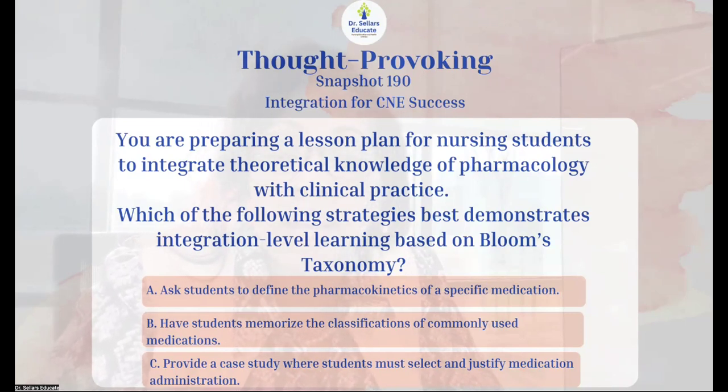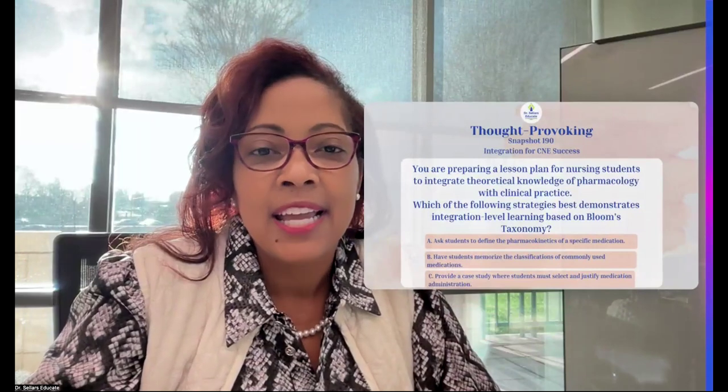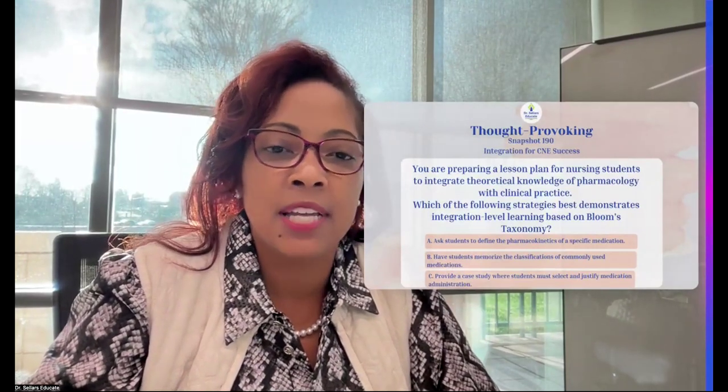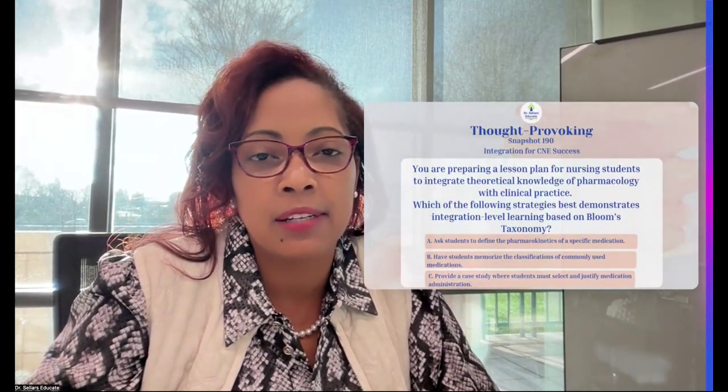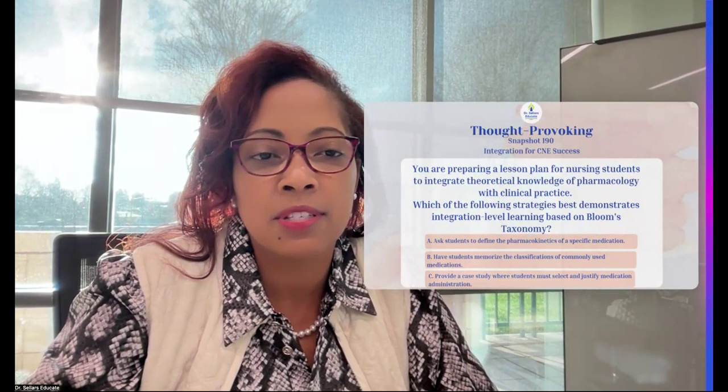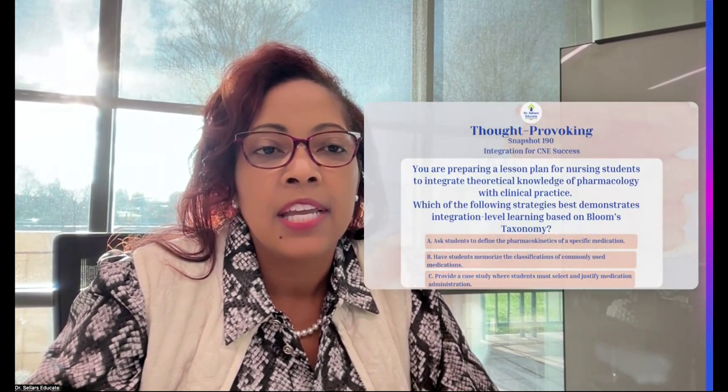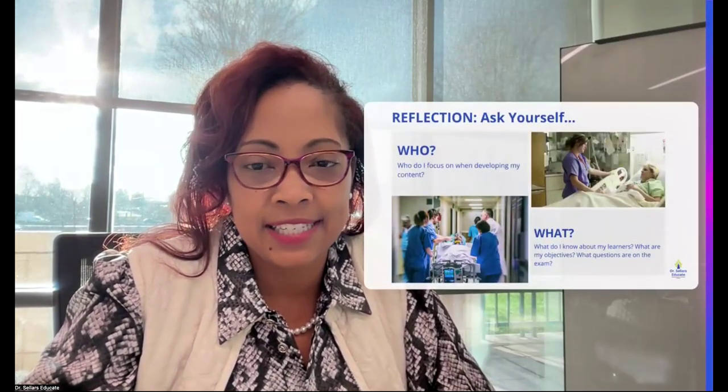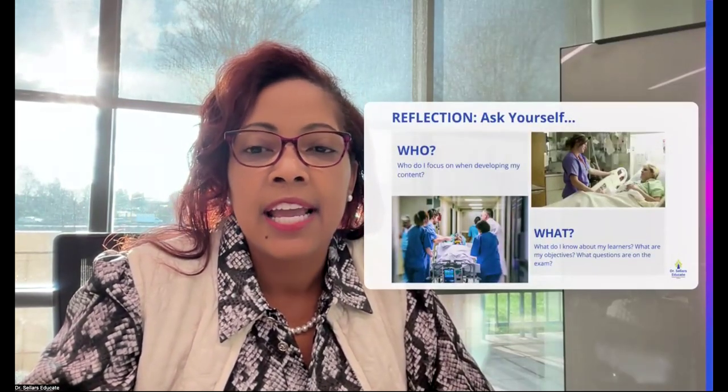Have you drawn your triangle? All right. And have you drawn connections between the strategies, those teaching strategies, evaluation strategies that you're integrating in the classroom? And how do they show up on Bloom's taxonomy for the cognitive learning domain? Okay, so those are some considerations that you want to think about. And then last but not least, we want to go back to reflecting. Okay, so before we take a look at the correct answer, we want to go back to reflecting.